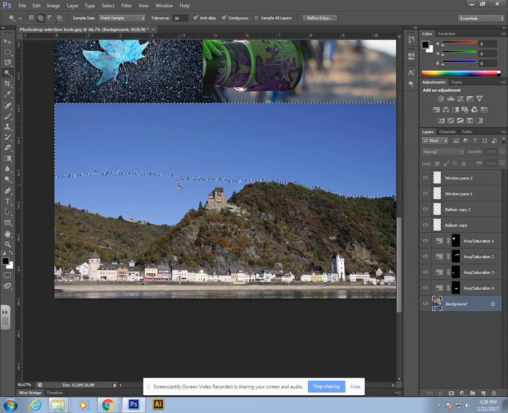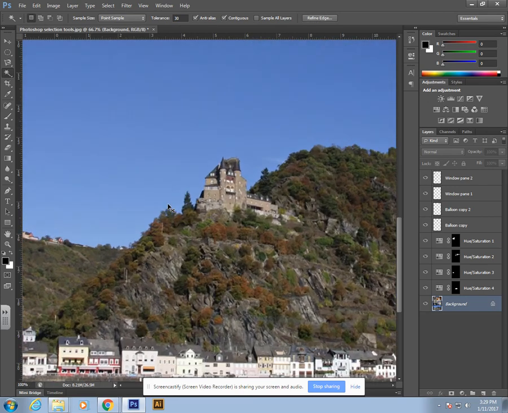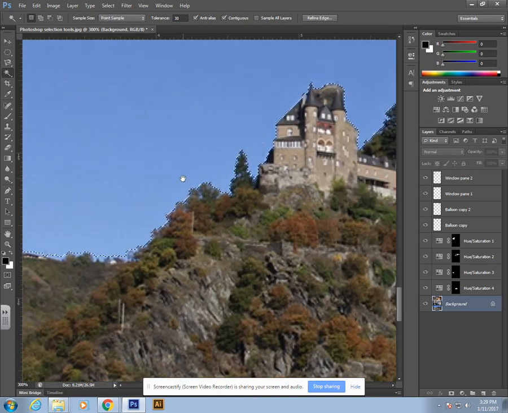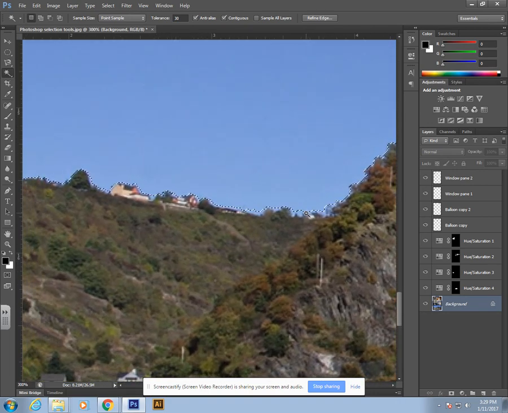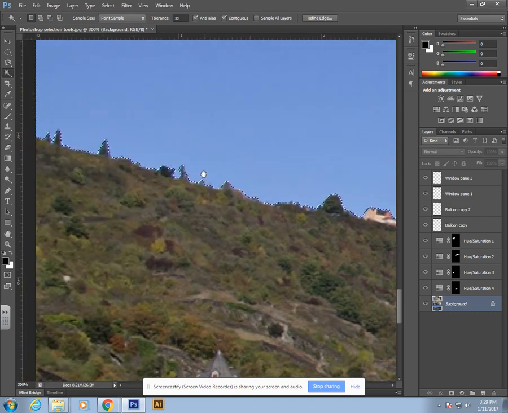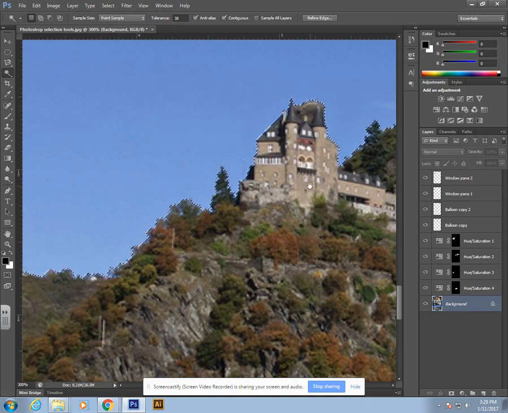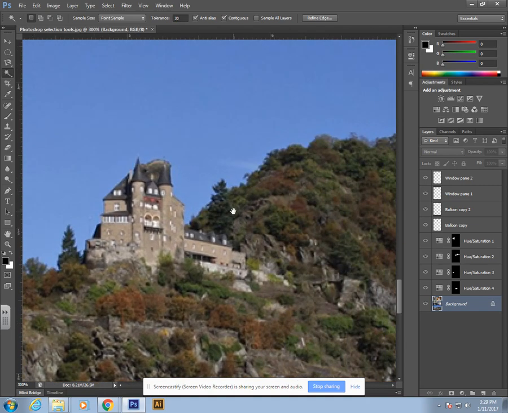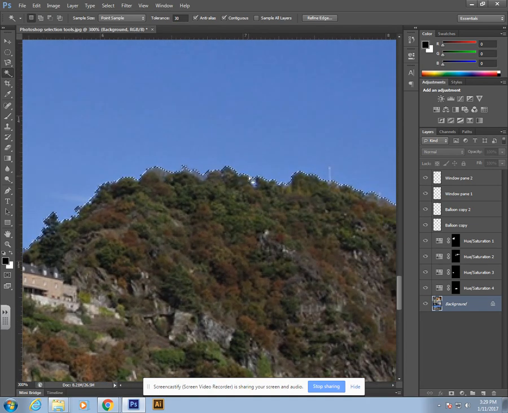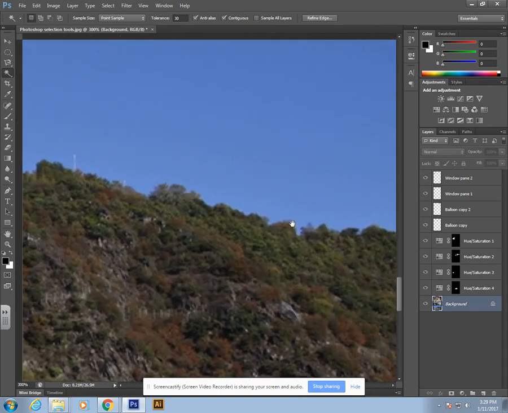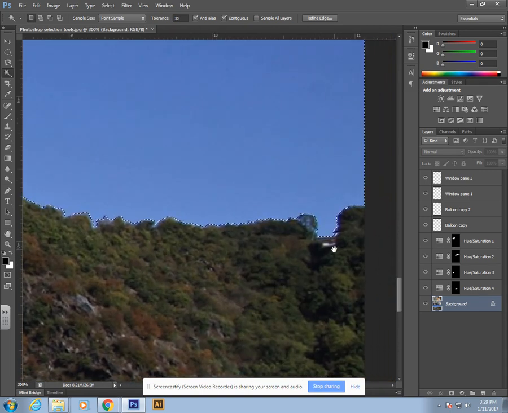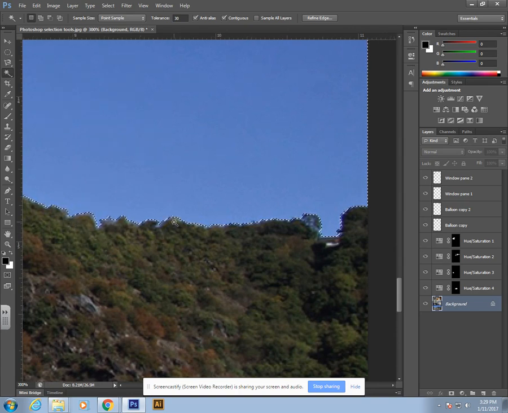So I'm going to click Shift. I'm going to zoom in because you'll see that there will be a few parts that you want to add in between the trees. You want to go around. You don't need to get every little bit and part, but you want to get most of the bigger parts. All right, so